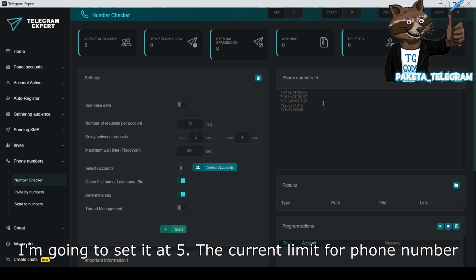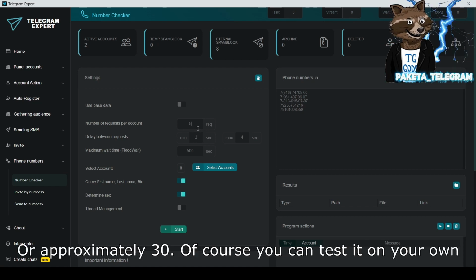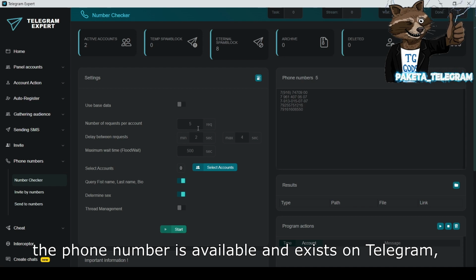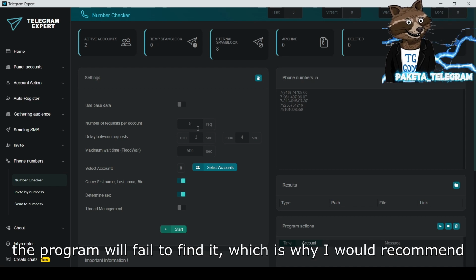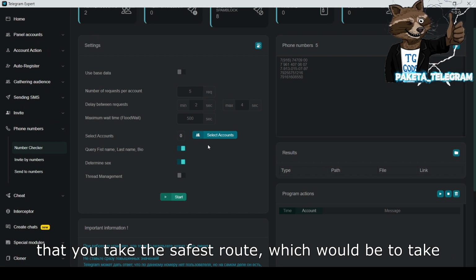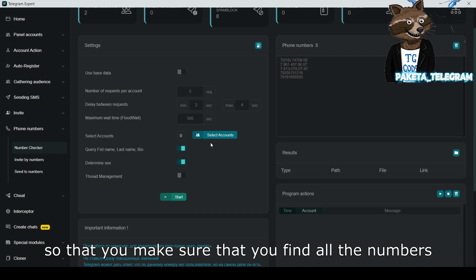The current limit for phone number checks off a single account in 24 hours is 30, or approximately 30. Of course, you can test it on your own accounts, but if that limit is reached, then even if the phone number is available and exists on Telegram, the program will fail to find it. Which is why I would recommend that you take the safest route, which would be to take 10 of your accounts and assign 5 numbers to each of them,